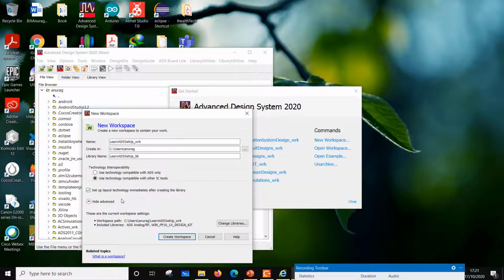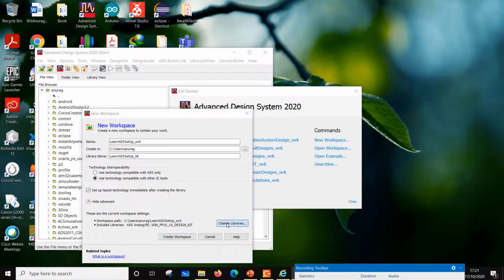For example, if you read a PDK manual, it will say that the grid size should not be less than 0.001 micron, which means you have to stick to that. That is the setting you do from here at the time of creating the project itself. If you forget this, you would have to set it when you do layouts, and it will become messy. So the good idea is to check it right at the start.